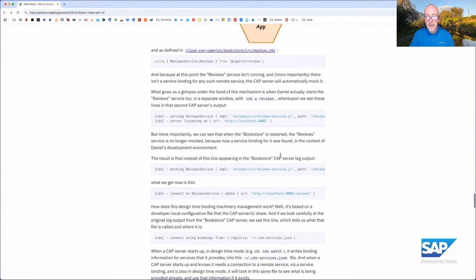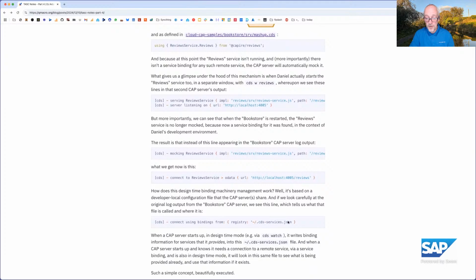Where does it look? It looks in the cds.cdsservices.json in the user's home directory. And that in itself is a clue that this is a design time only thing. The concept of a user's home directory doesn't exist when you've deployed this to the cloud. So this is clearly a design time mechanism.